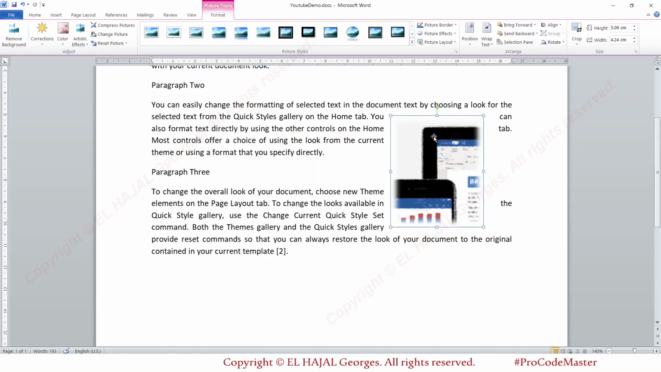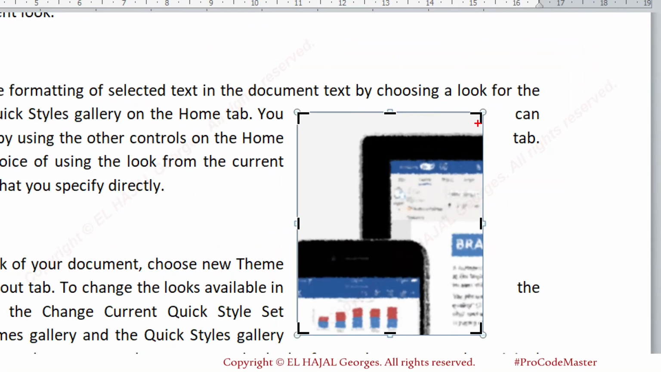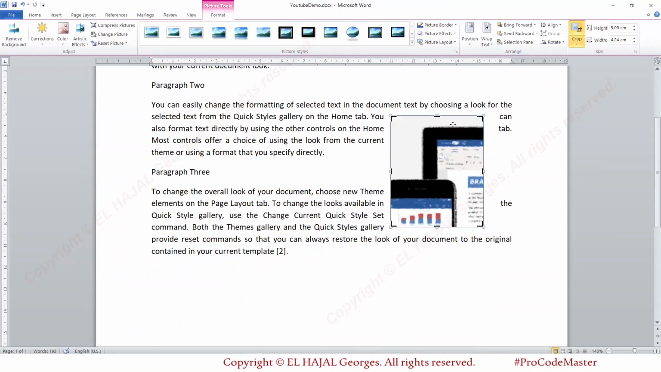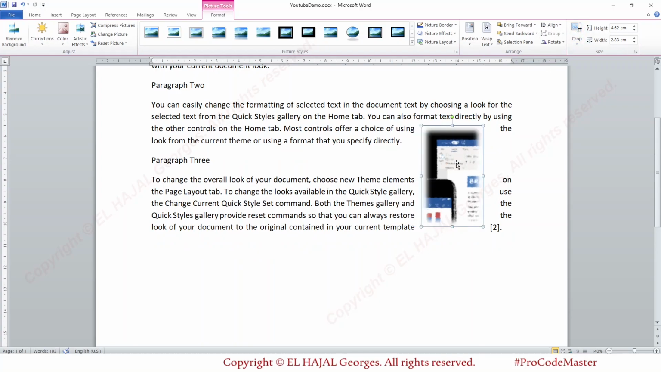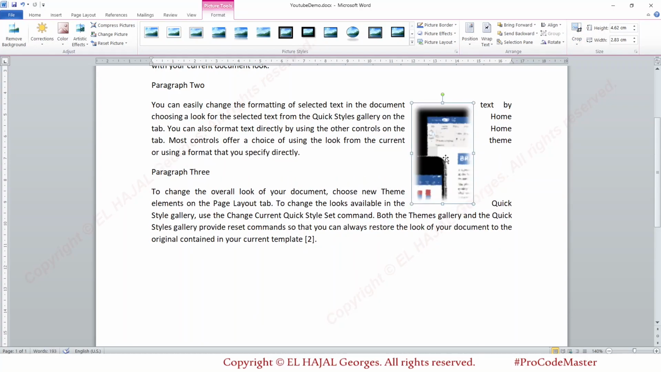Now, if this picture contains parts that I don't want to see, we can always go to the crop option. As you can see here, we have these on the sides, also here, that we can use to crop parts of the image that we don't want to see. Now, it's cropped and we can always,